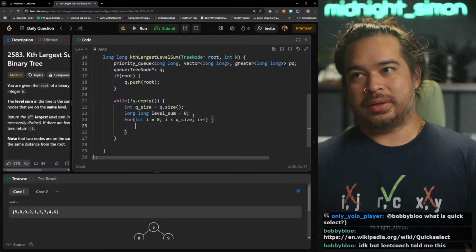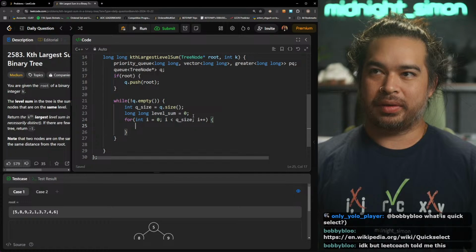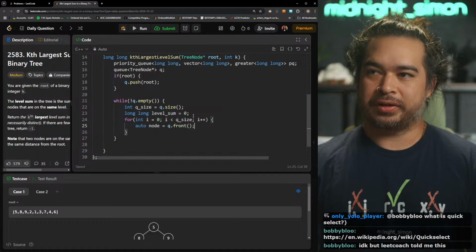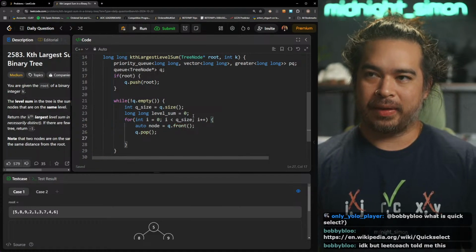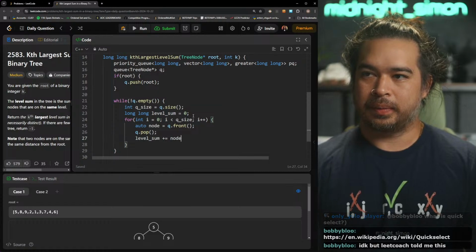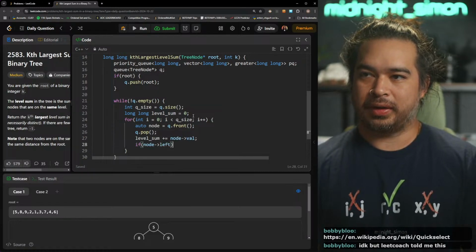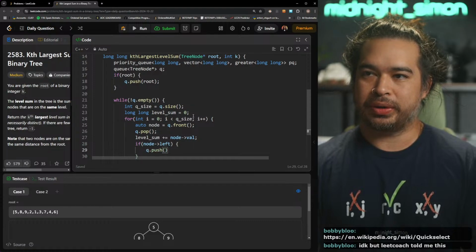So, all right, let's pop the first thing in the queue. Queue.front, queue.pop. And then we add that to our level sum. And then if it has a left node, we should push it to our queue.